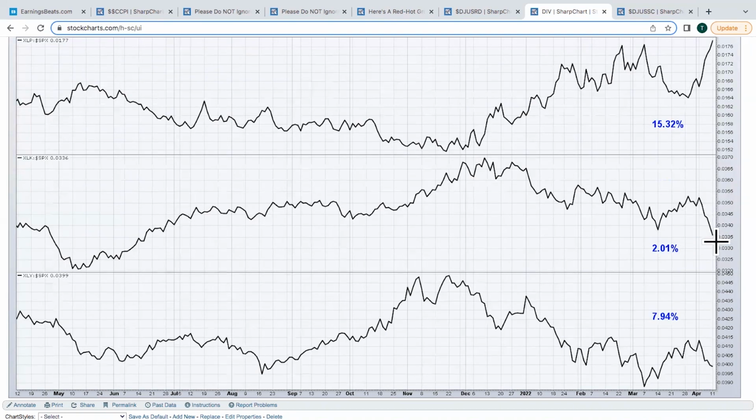Look at technology relative to the S&P 500. It is now at about a 10-month relative low. You don't want a lot of technology right now. And so that's one of the reasons why this ETF is doing so well. Finally, the XLY versus the S&P 500, you can see only 8% of this ETF is invested in consumer discretionary, and consumer discretionary also downtrending.